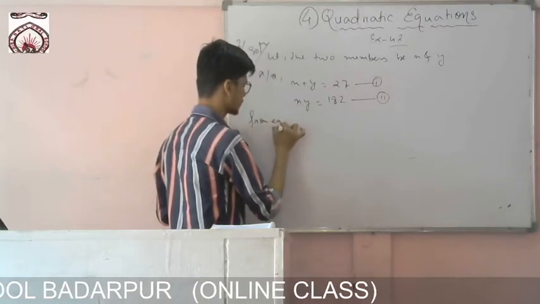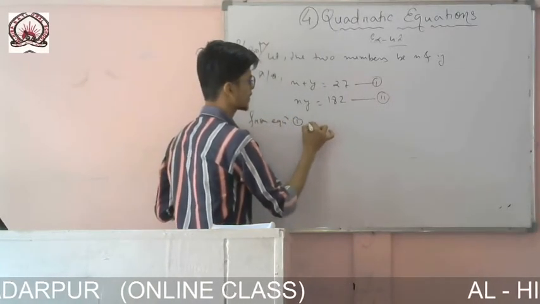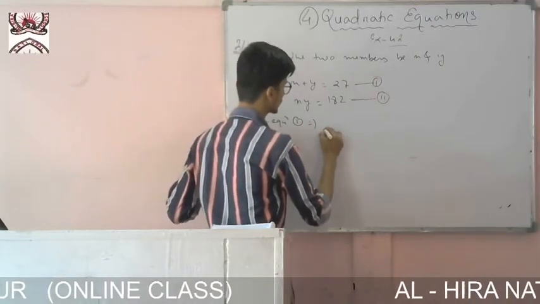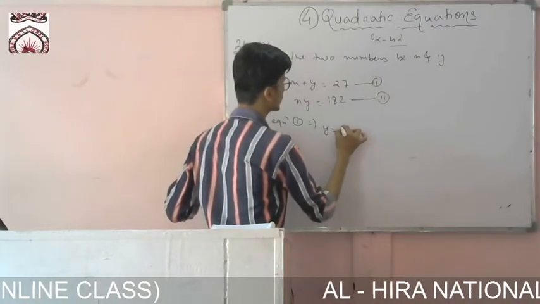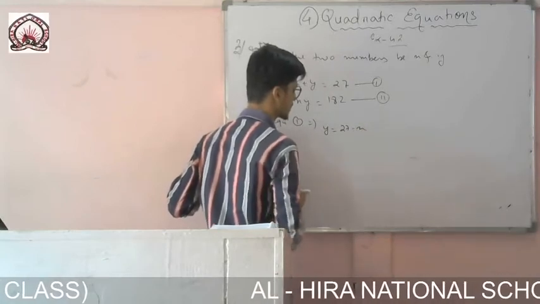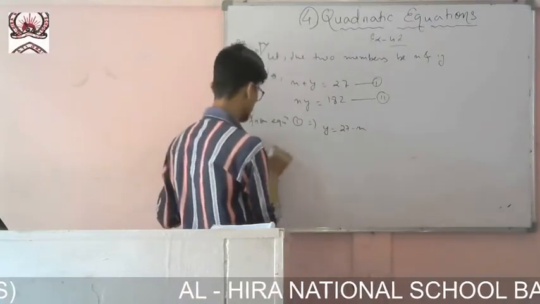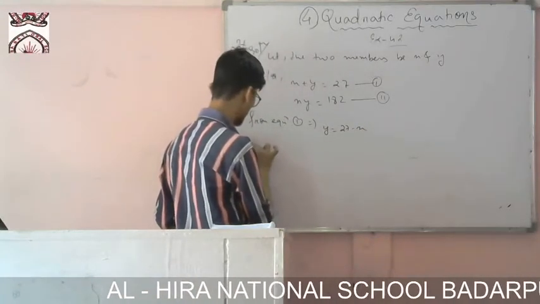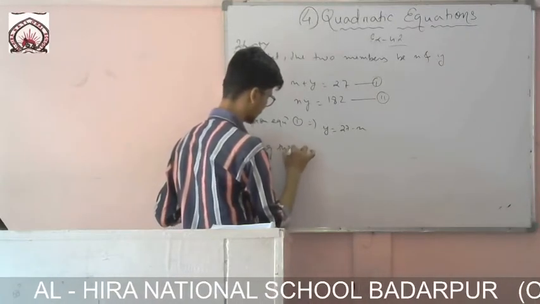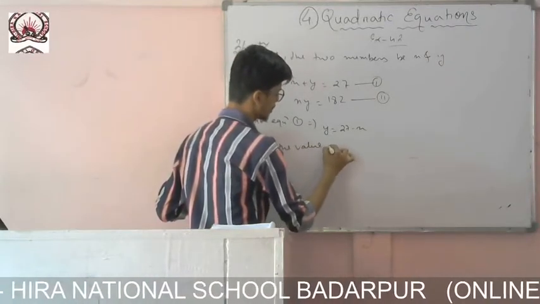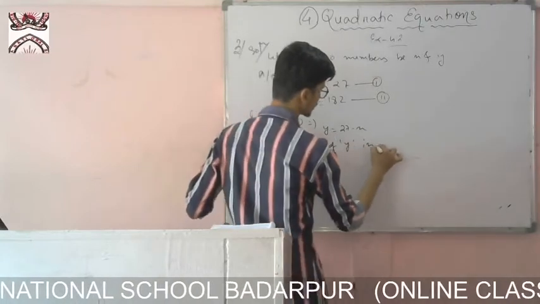From equation 1, I can write y equals 27 minus x. Putting the value of y in equation 2,